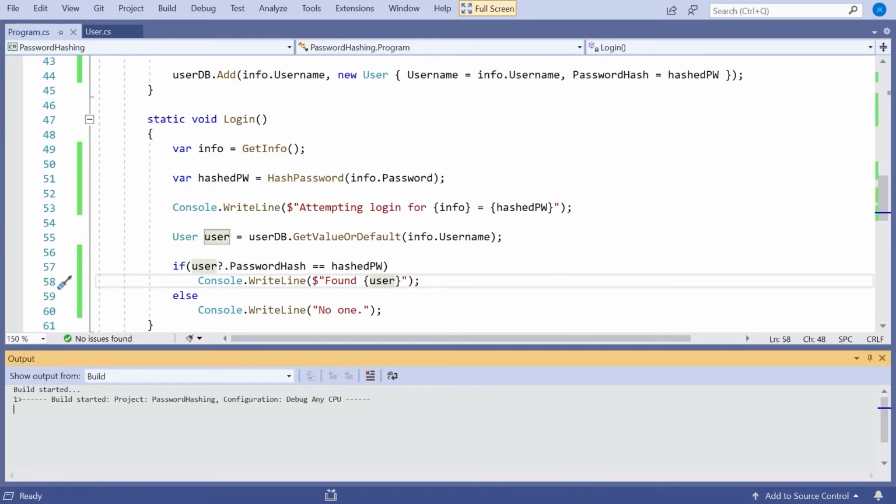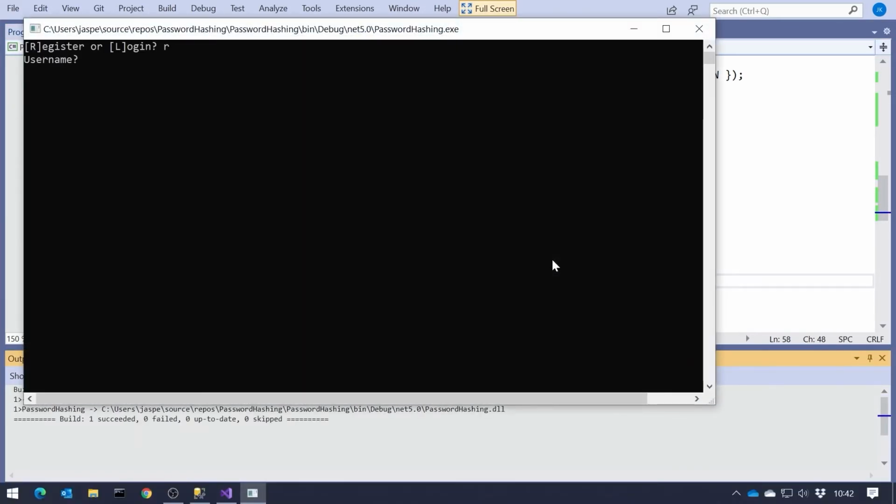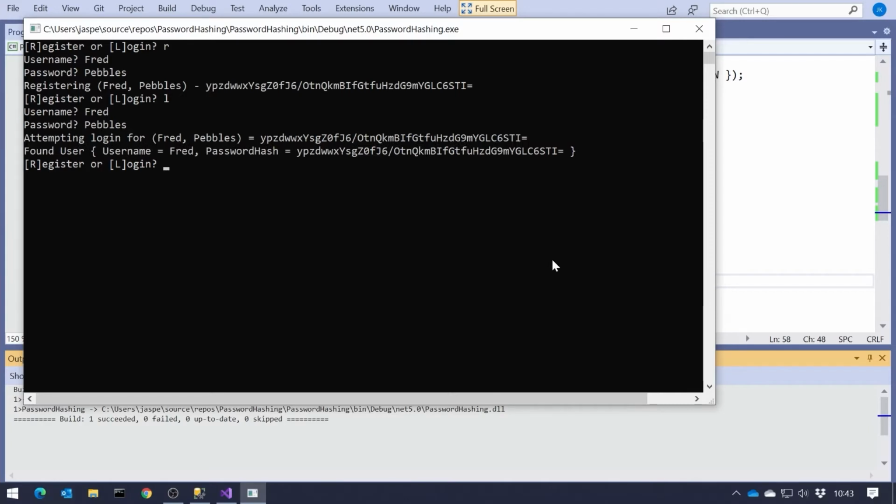So now, if I enter that, let's again register Fred and Pebbles, and then if we log in as Fred and Pebbles, then we can see that the hash of what I entered is the same as the hash of what I recorded, and so that finds the user.